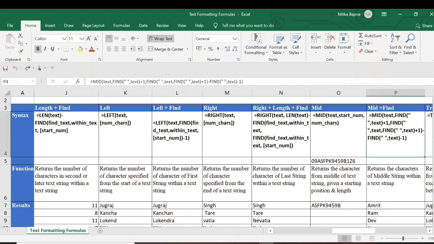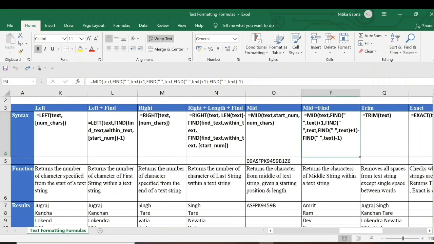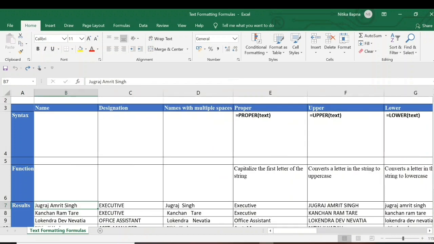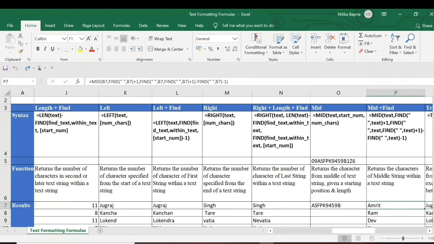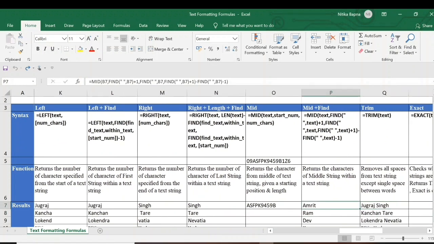Now when you don't know the exact position and length, then we can go for FIND. Here FIND will help return the middle string within a text string. In our case, in the starting I had a middle name also here. I want to extract it and write it in a cell. So for this, it is equals to MID, text, then I'll go for FIND plus 1.